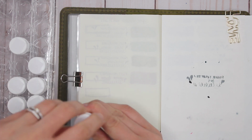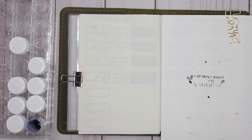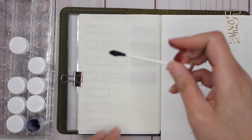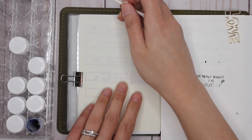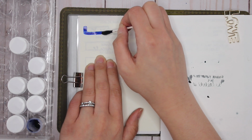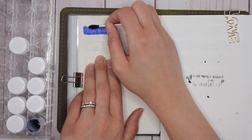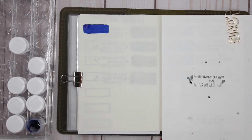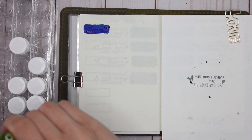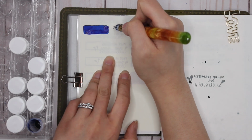I have Diamine Blue Velvet here, and let's see how that goes. That is quite a deep blue. I feel like it's almost the quintessential Brian Goulet blue. Just trying to see if there's a little bit of shading there. So Diamine Blue Velvet. I feel like it's a slightly darker version of